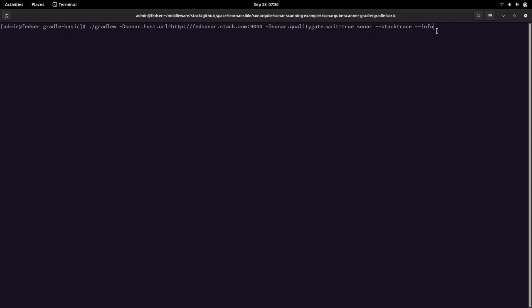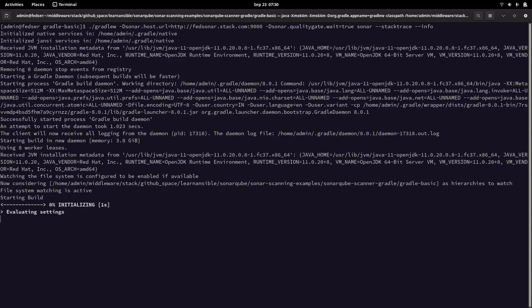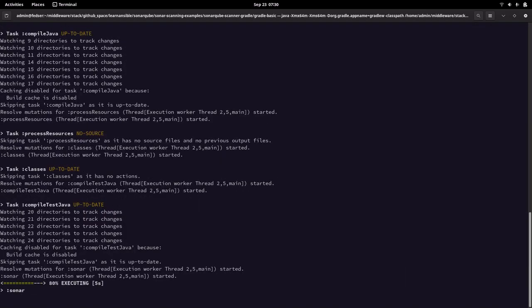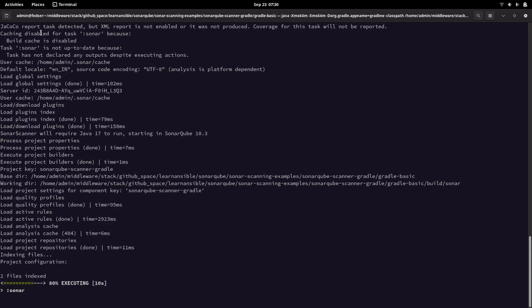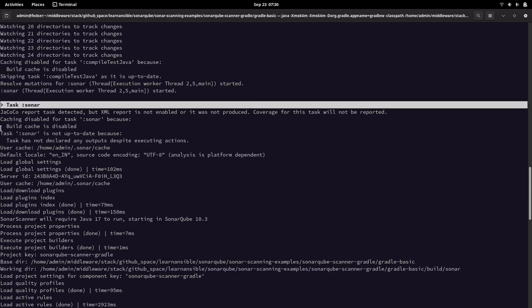Okay, so now let us see how we are going to utilize Gradle in order to do the SonarQube code review or code analysis. Now you can see the Gradle build has started, and it has started the SonarQube task also. So it basically started the analysis,